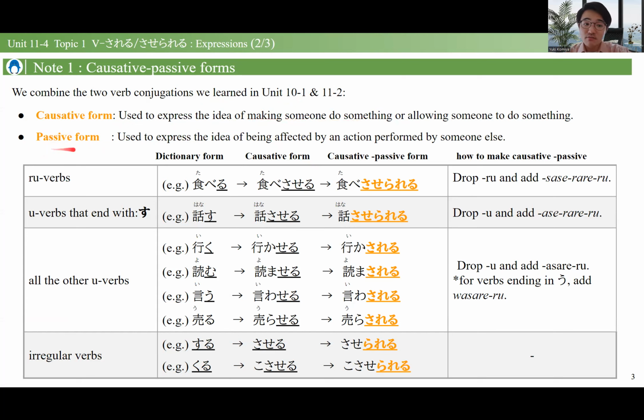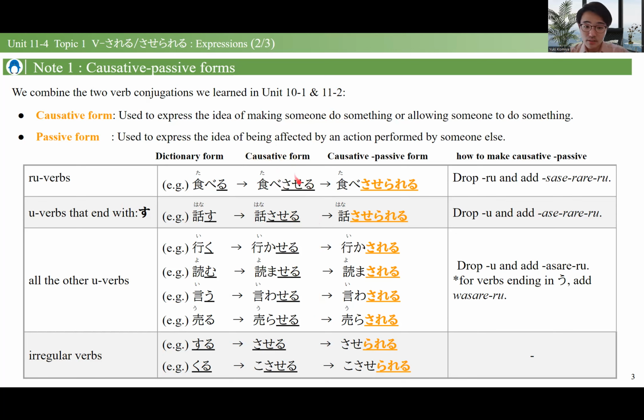Because it's passive, so we learned a passive form. The key point of passive form was the negative feeling, like my wallet was stolen, my lunch was eaten, and you don't like it. The feeling of being the victim of another person's action, that was the key concept of passive form. That's why causative passive is always forced, not being allowed to do something, but being forced to do something. In order to create it, you need to first make the causative. 食べる turns to 食べさせる。話す、話させる。行く、行かせる。Stuff like that. You can recap how to make the causative in Unit 11.2 if you wanted to.